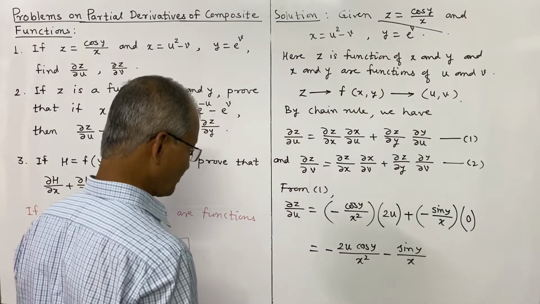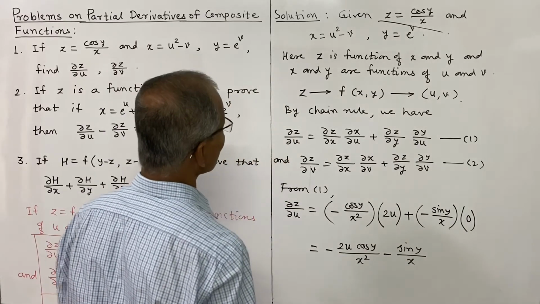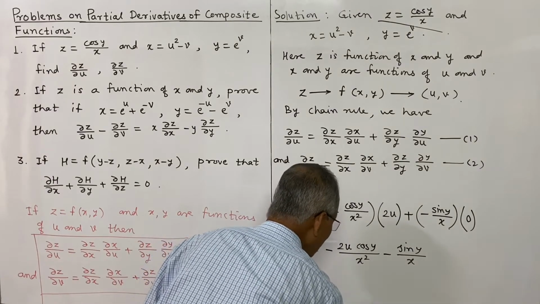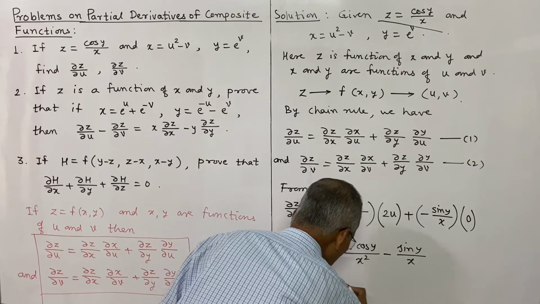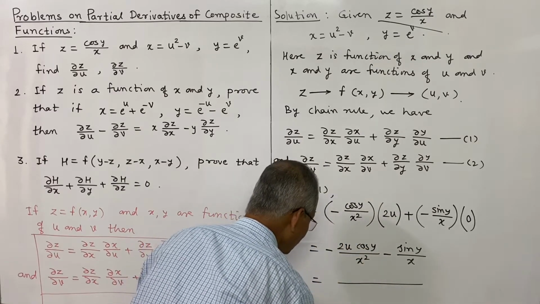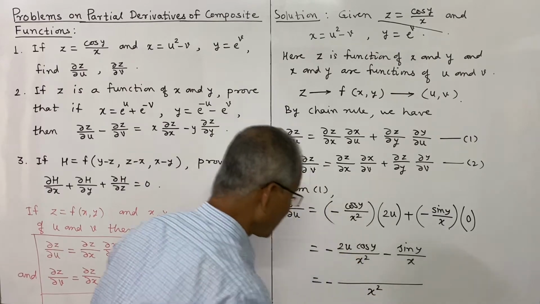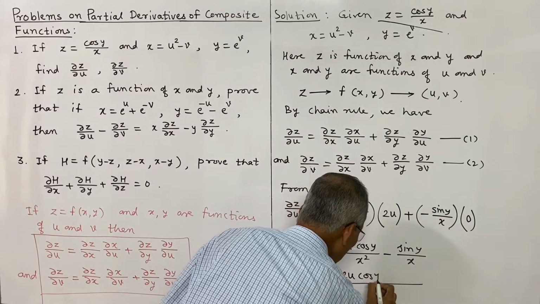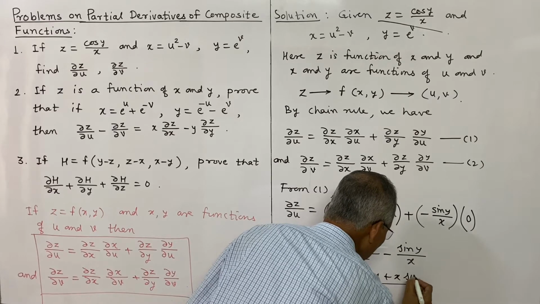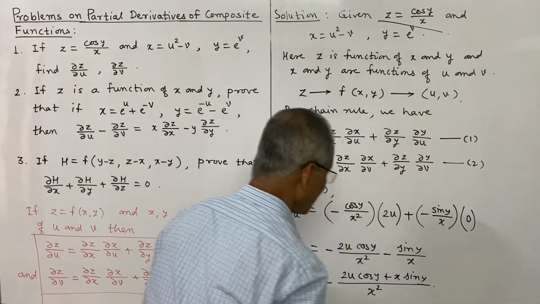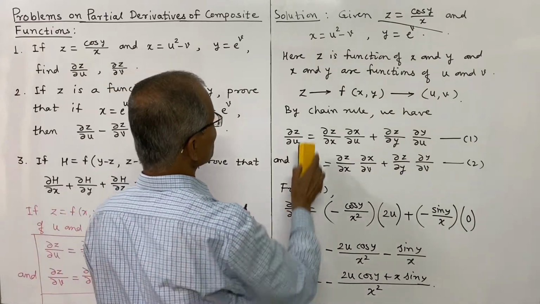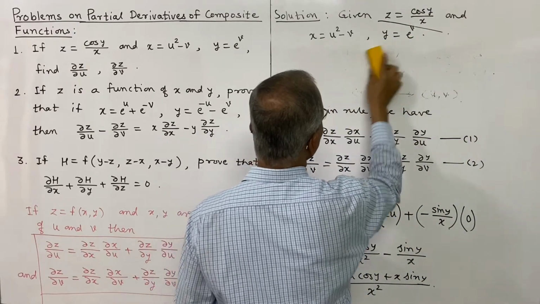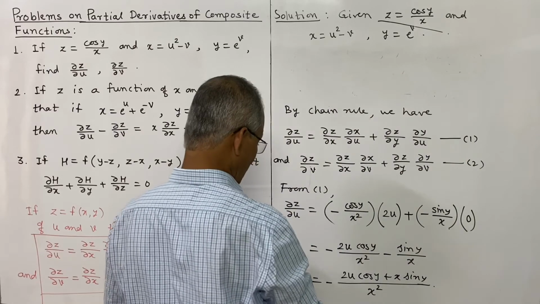So that will be equal to, so this I shall write here, and this is equal to, finally we can take the LCM as x square, and negative sign also we can take common, and you see what will be at the numerator, it is 2u cos y plus we have to multiply by x sin y, and that is dou z by dou u, so therefore